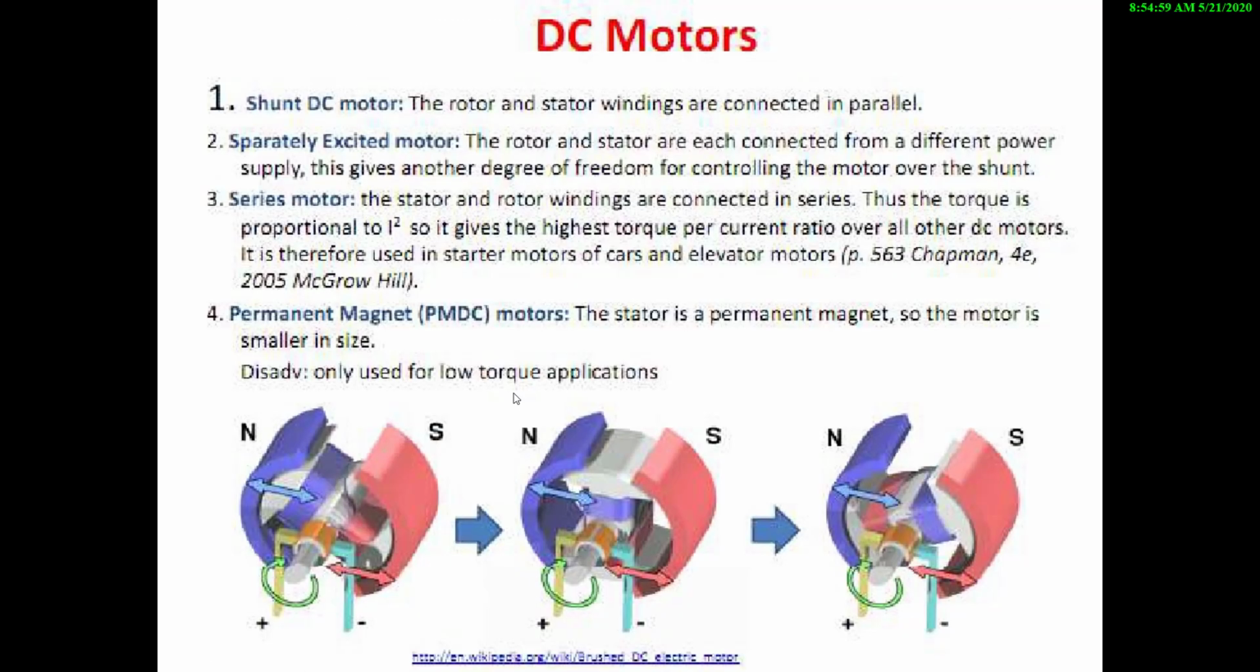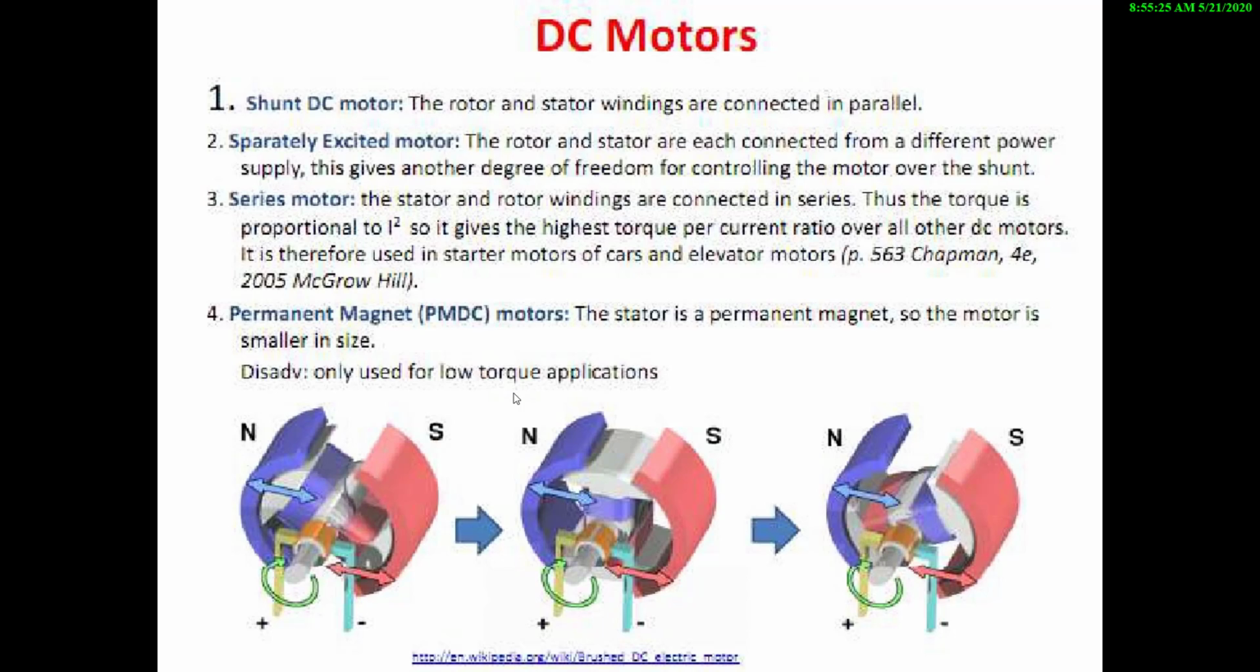There are various types of DC motors available, that is shunt DC motor, separately excited DC motor, series motor, and permanent magnet DC motor. In the shunt motor, the field and armature windings are connected in parallel, that is, the rotor and stator windings are connected in parallel. Next is the separately excited DC motor,